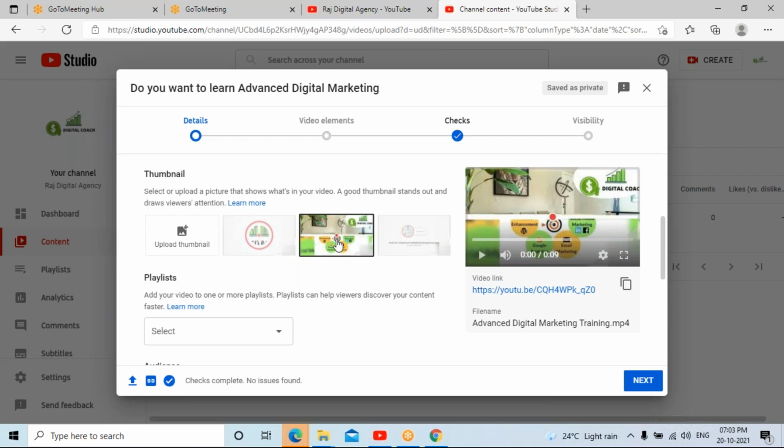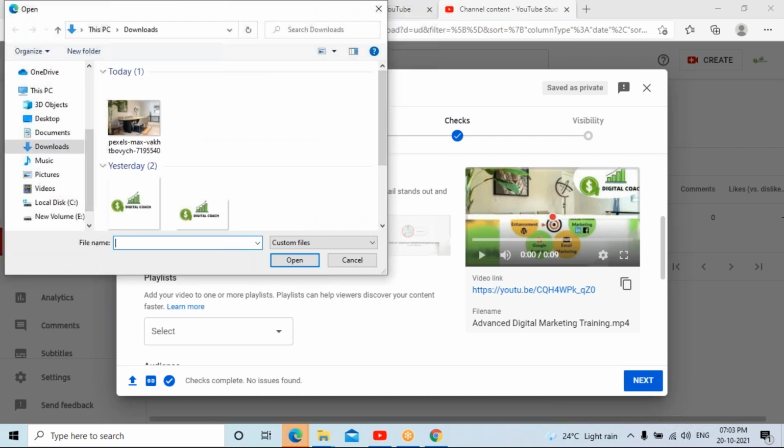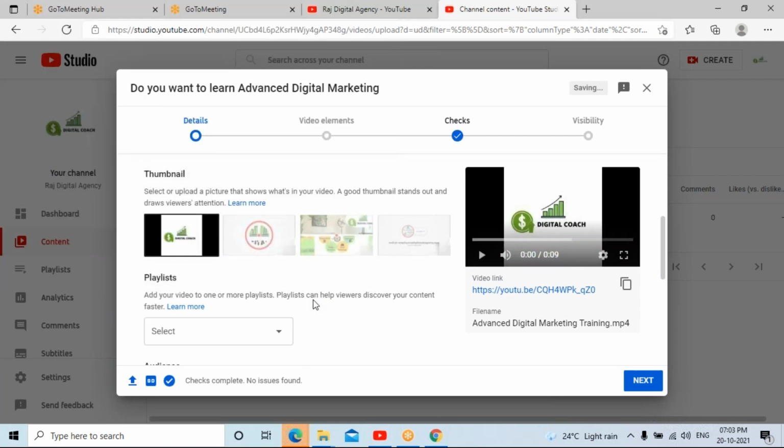You are going to create your poster for your content. Either you can choose it from any of these pictures from the video, or you can upload it manually. So I can keep it like this. Okay, so the next thing is,